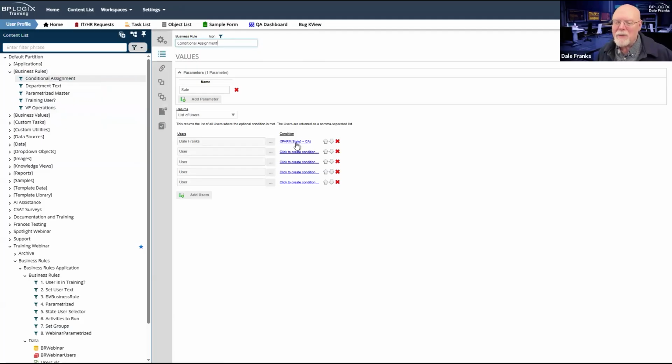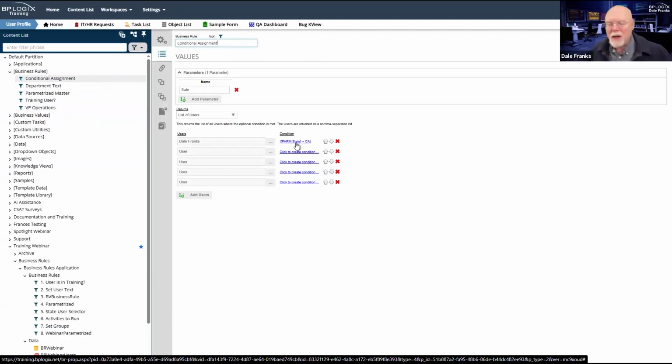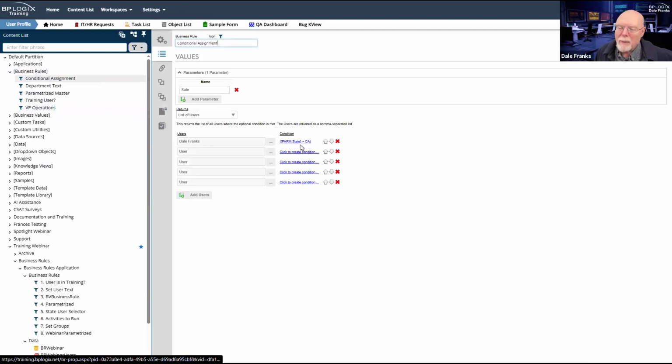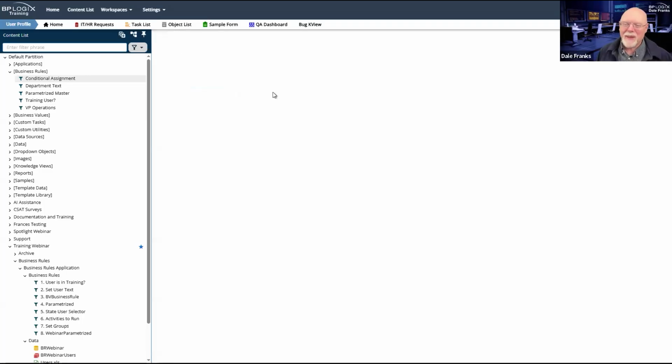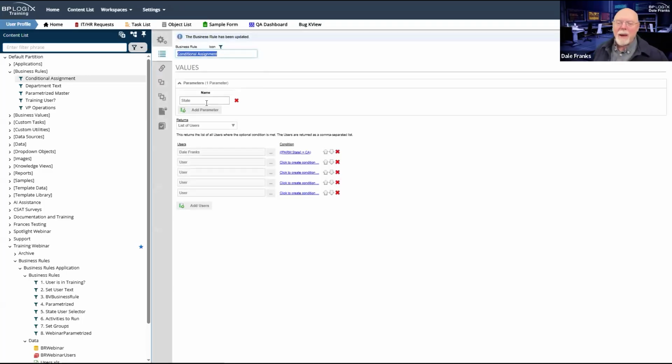It's the same thing. What I've done here, though, is I've parameterized it. I have a parameter called state. Well, it's supposed to be a parameter called state. So I would need to pass this state parameter to this business rule, and it would return the appropriate user.